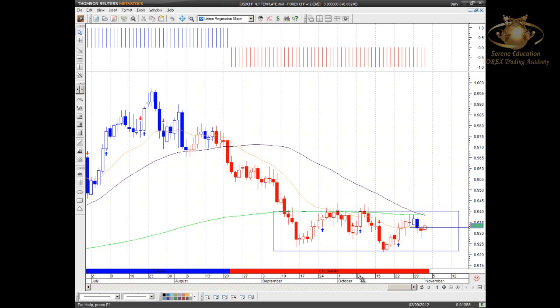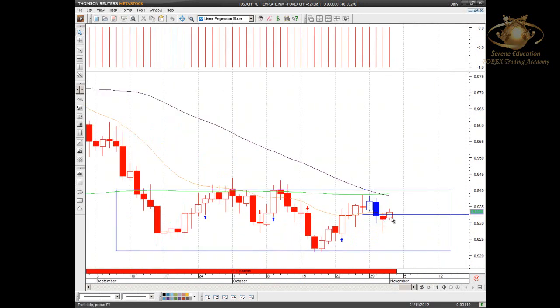Histograms remaining negative either side. We have had a red arrow cadence, so we should be seeing consolidation. Sure enough, we've seen buying into the top end of this consolidated range. And near term, we've had a bearish engulfing. Price reverted down yesterday. However, we've had more of a buying sentiment at the end of close yesterday on the US session and through the Asian session going into the European session this morning. We've seen price moving slightly to the upside. So if we do end up seeing a bullish engulfing, then we should see price reattempting